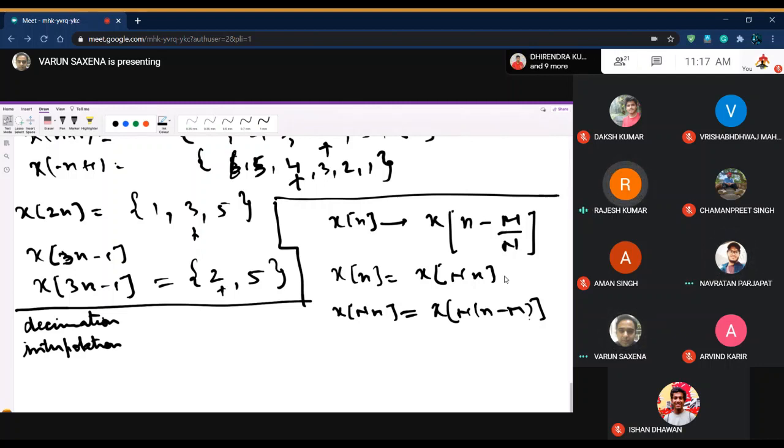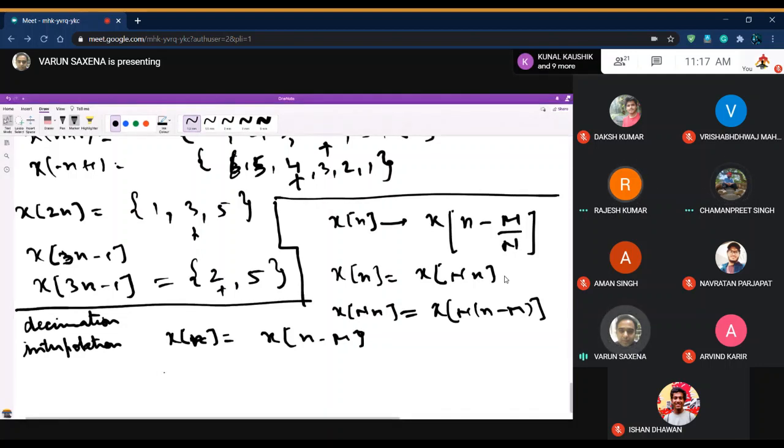First shifting by m. Okay, first shifting by M, so you get x[n minus M]. Then you do decimation by capital N. Okay, then interpolation by capital N. Then if you do interpolation by capital N,